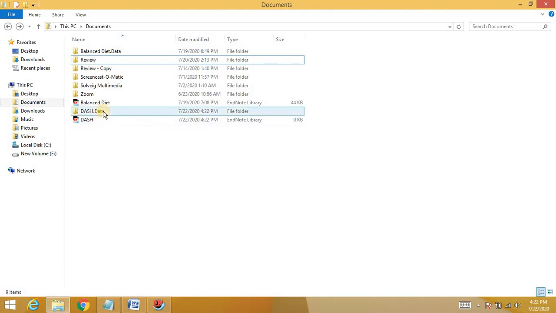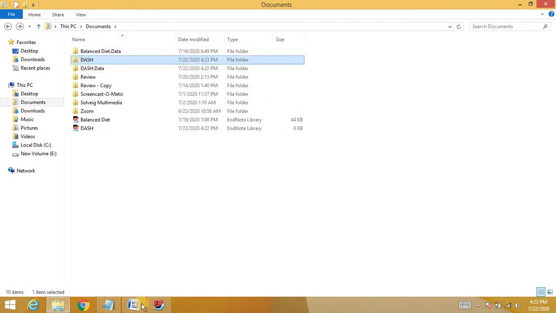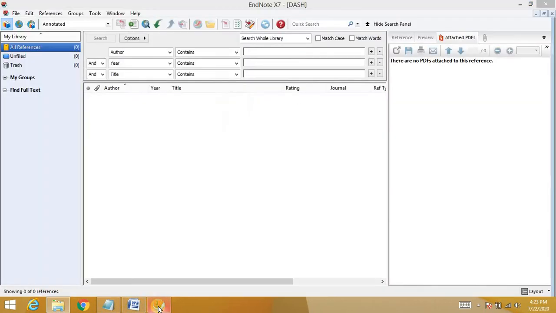These both are made simultaneously as we enter the name. We work on the library, but the data will be entered in the data folder. So wherever we want to take our data, we should take both of these files in a single folder. So let's begin.